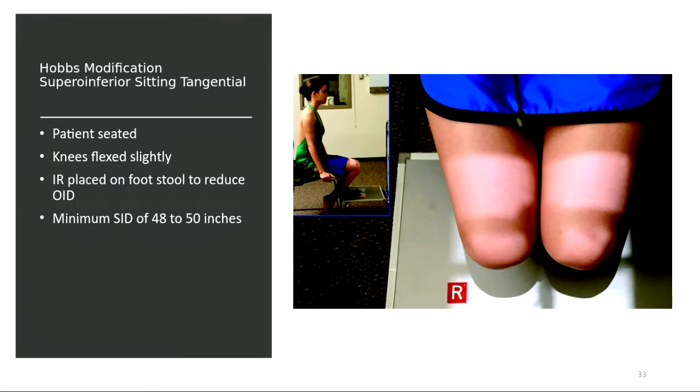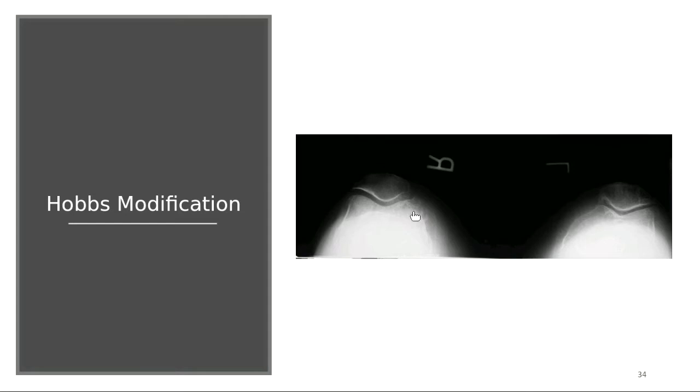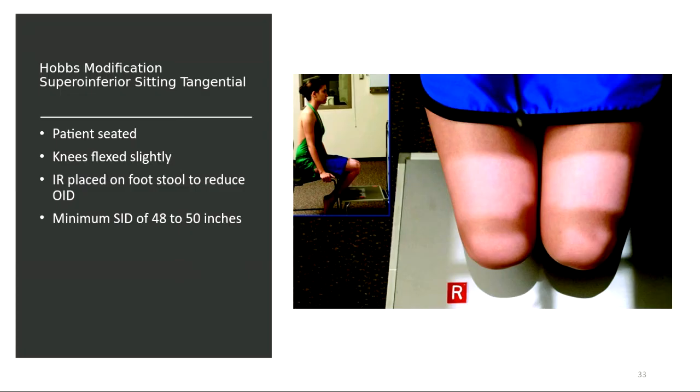And with the Hobbs method, again, the images look very similar in that you try to open that joint space and get a good clear view. If you do these sunrise views correctly, then the patellofemoral joint space is open. Again, there are 5 different ways to do those sunrise views. You only do one. Whatever one you choose or whatever one is protocol for your site, that is the one you do. I can tell you in the orthopedic clinics, they tend to do this kind, except